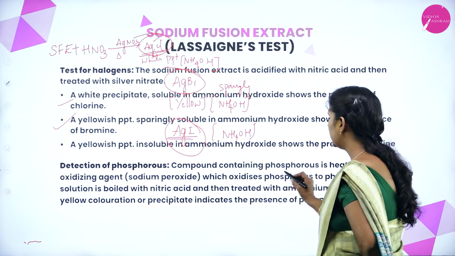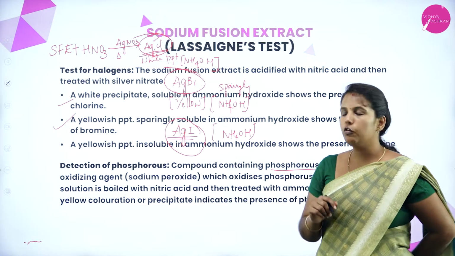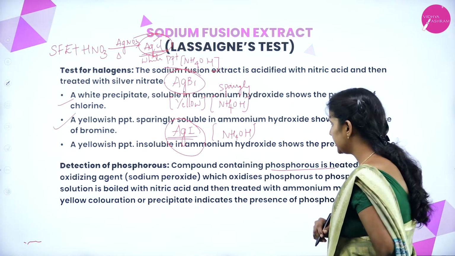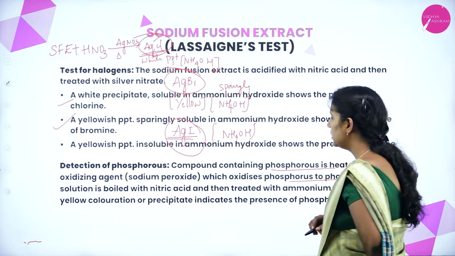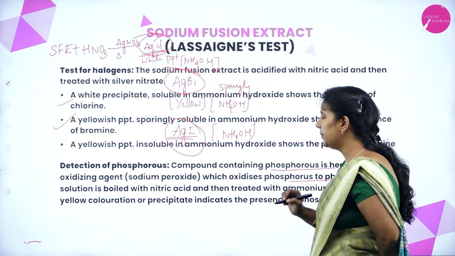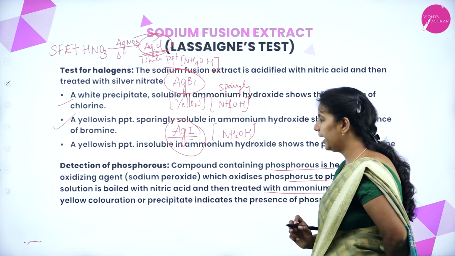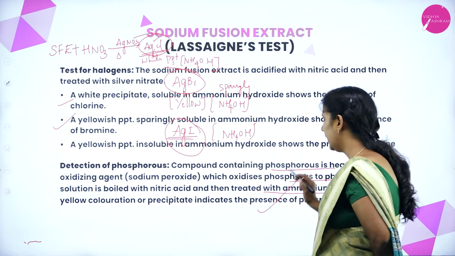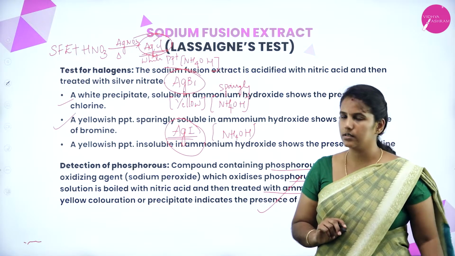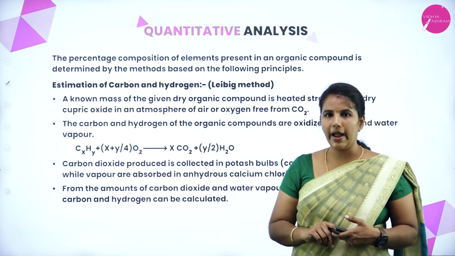The given organic compound containing phosphorus is heated with sodium peroxide, which is an oxidizing agent that oxidizes the phosphorus into phosphate, and the solution is boiled with nitric acid, then treated with ammonium molybdate. The presence of yellow coloration indicates that it is phosphorus. Okay. Next we have the quantitative